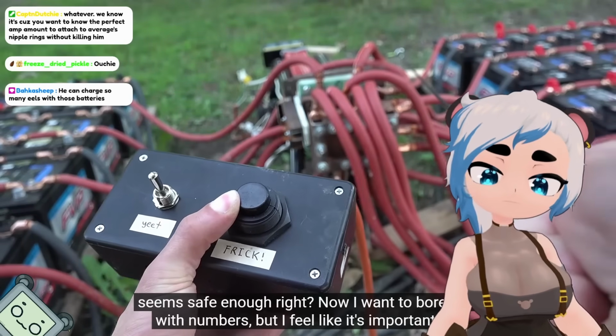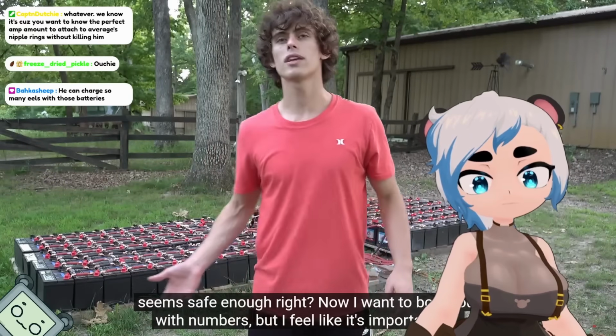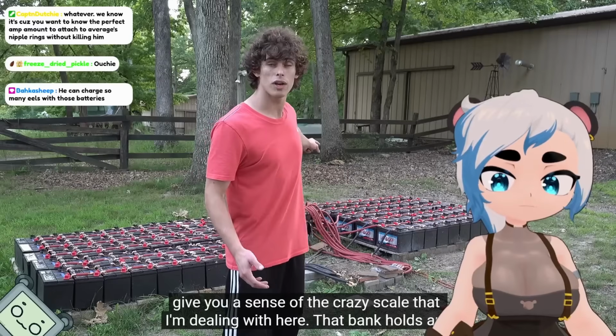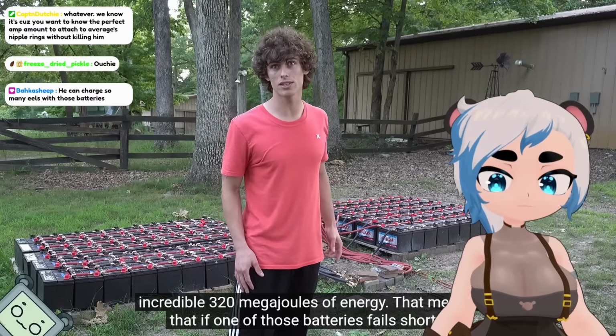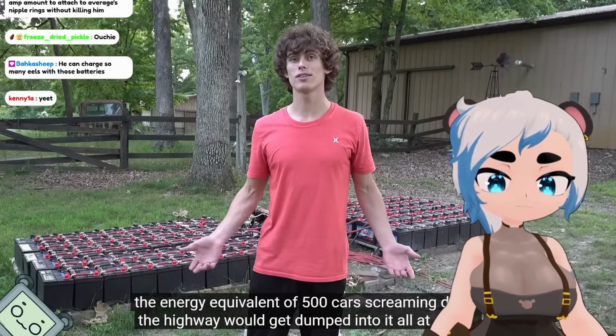Seems safe enough, right? Yeah, definitely. Now, I don't want to bore you with numbers, but I feel like it's important to give you a sense of the crazy scale that I'm dealing with here. That bank holds an incredible 320 megajoules of energy. That means that if one of those batteries fails short, the energy equivalent of 500 cars...